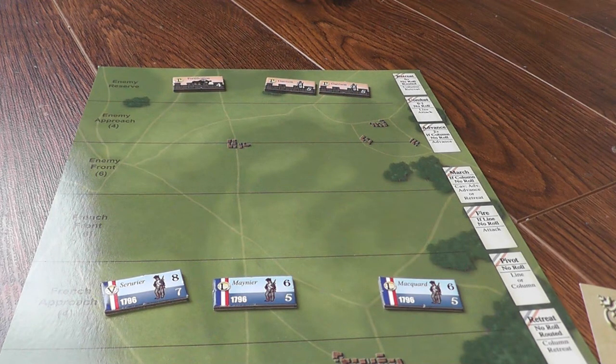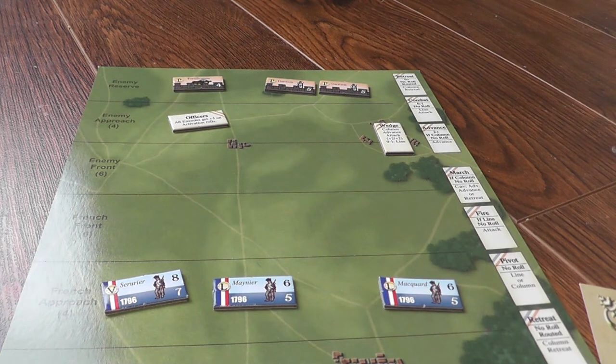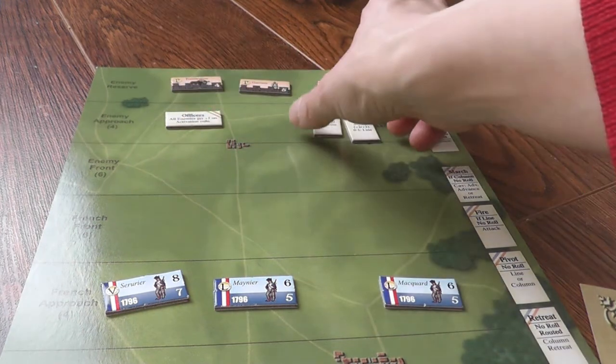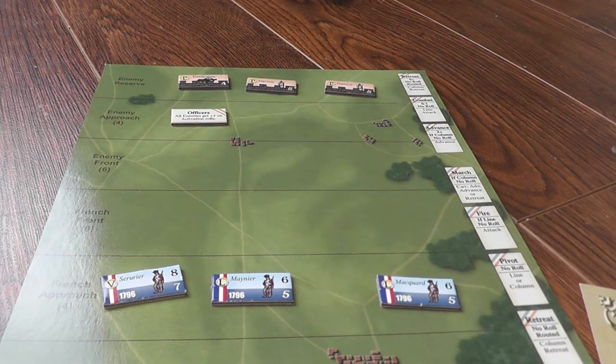So now what we do is we add battle plans. I get 1 battle plan and the enemy gets 2. So first we draw 2 battle plans for the enemy. So this one doesn't apply, this one does apply. We get 2 that don't work because these guys cannot have battle plans because they're stationary, but we get the officers. All enemies get a +3 on activation rolls. That is not good. Now I get to choose one of my battle plans, and I am going to... I actually don't have any that...